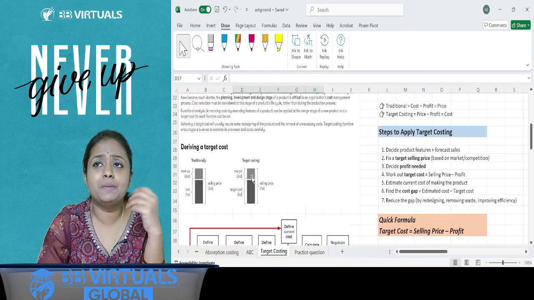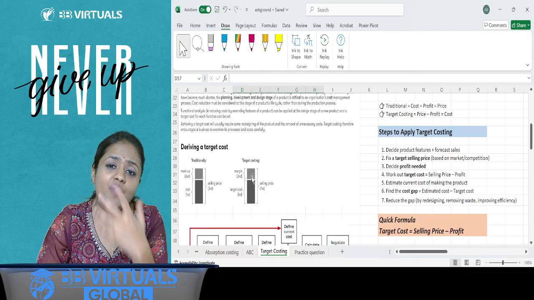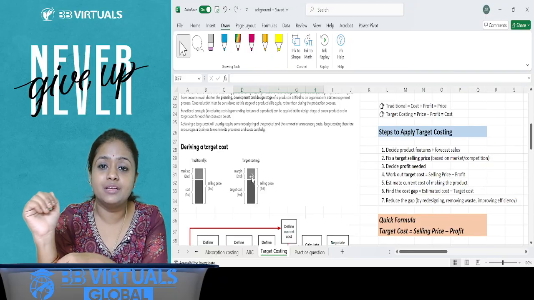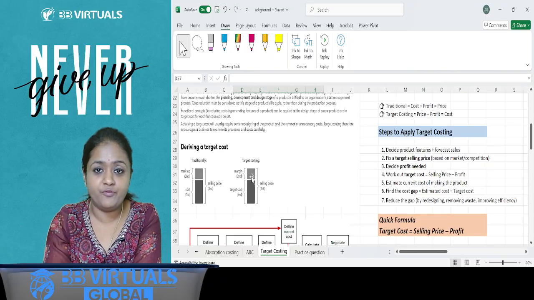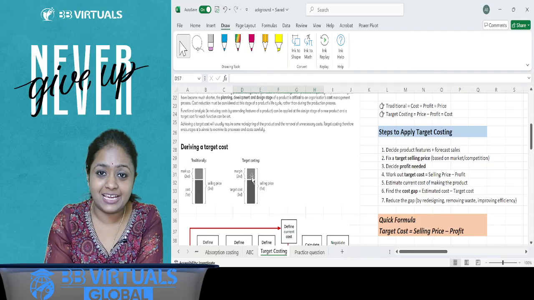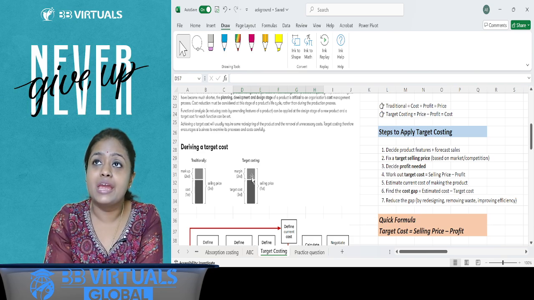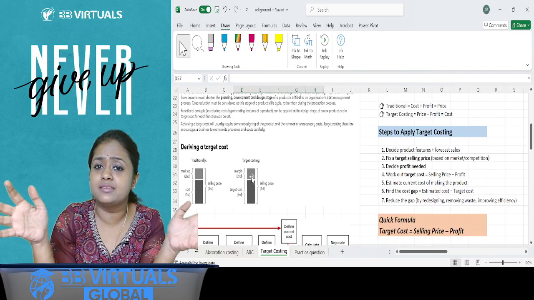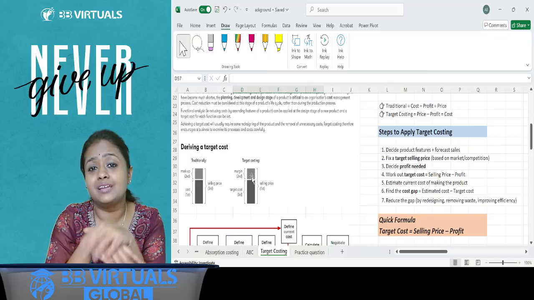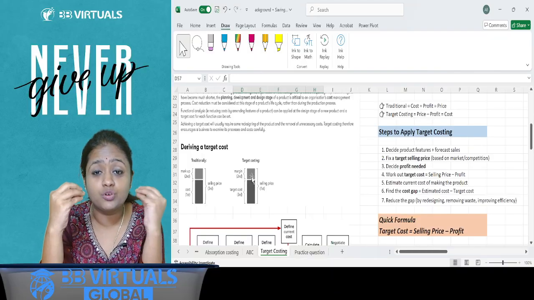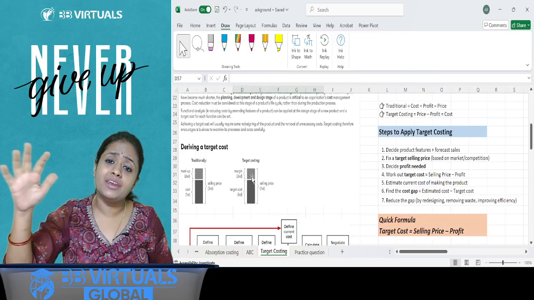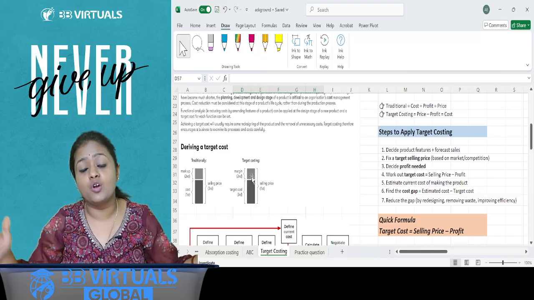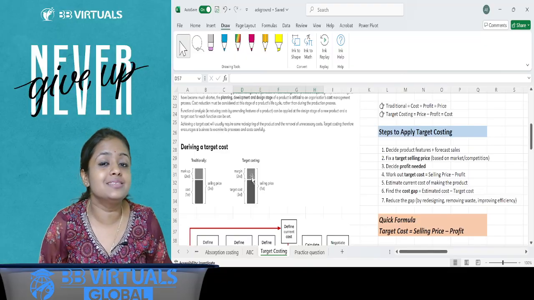So product people, just think where we can apply target costing, in which phase. See, when a product is developed, it is in the development phase, right? It is in the designing stage, it is in the launching phase, it is introduced in the market, it remains in the market. Ideally, when is the time when we can take efforts to reduce the cost? Can I reduce the cost once the product is launched? No, because all the things are out of my control. So when are the things in control?